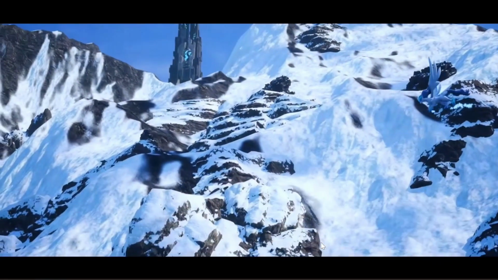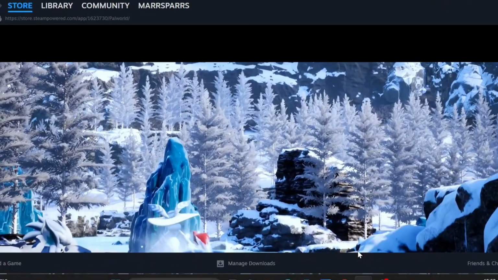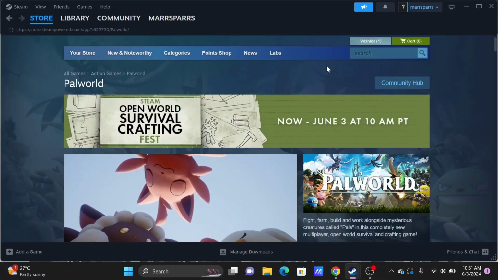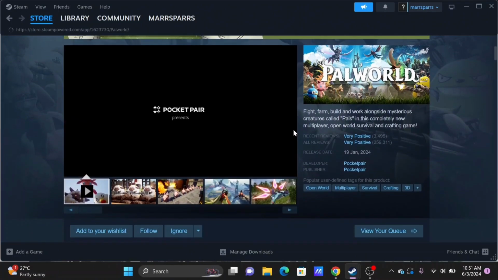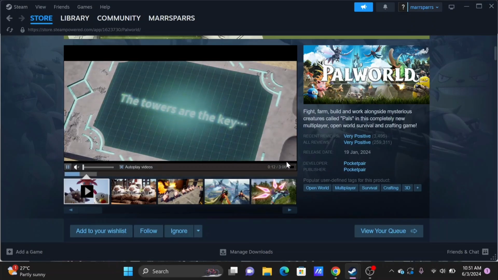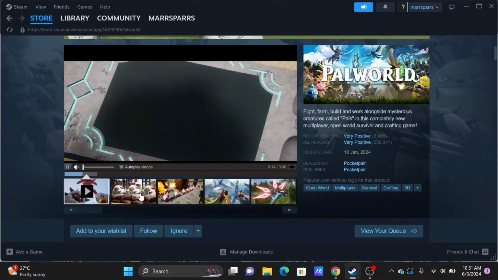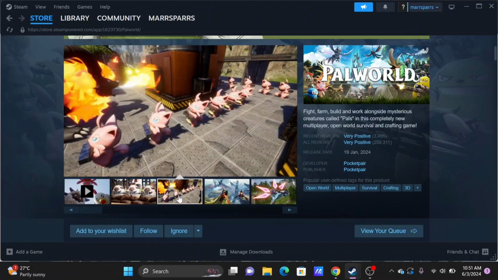To host multiplayer on your Palworld Xbox, it is pretty much simple. Firstly, we need to enable the multiplayer during world creation or from the settings. In order to do so, launch your Palworld on your Xbox. Now once you are in here and the game is completely loaded, you need to head to the settings to